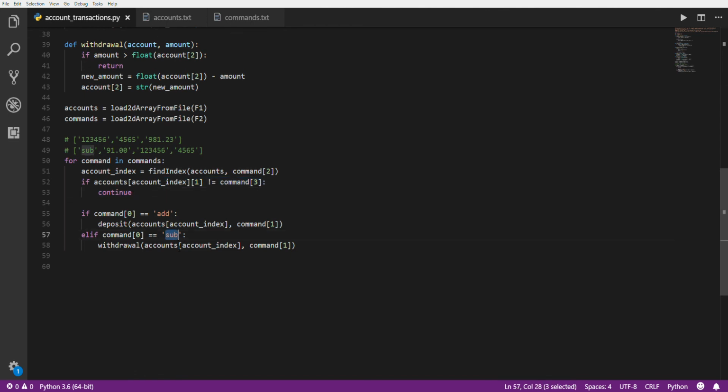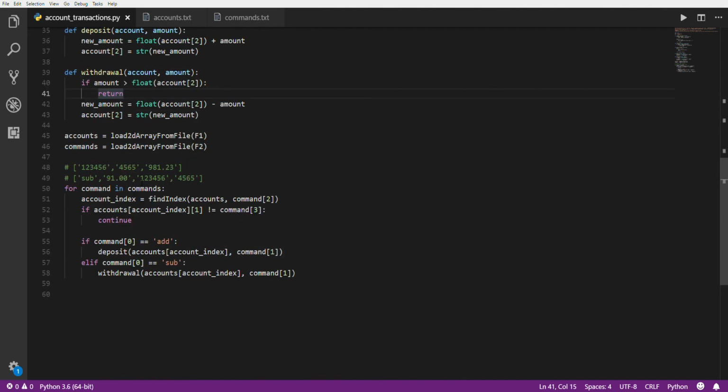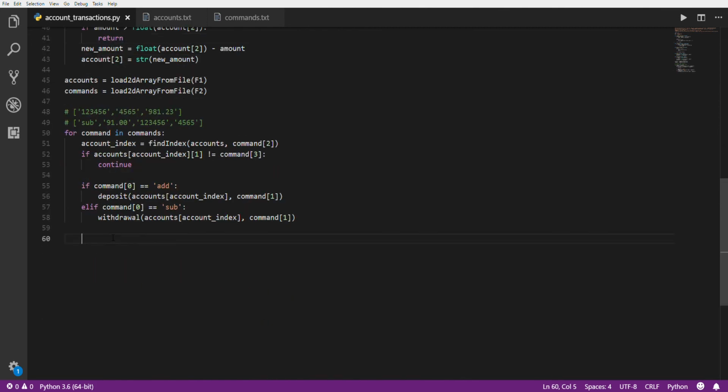And inside our withdraw function, it checks to see if the balance is going to be 0 or below 0. If it is, then it skips inside the withdraw function, so we don't even have to worry about that down here. All right, so we need to remove our indentations back to the level of the 4 here, otherwise it's defined inside the loop, and that's not what we want. But now what we need to do is